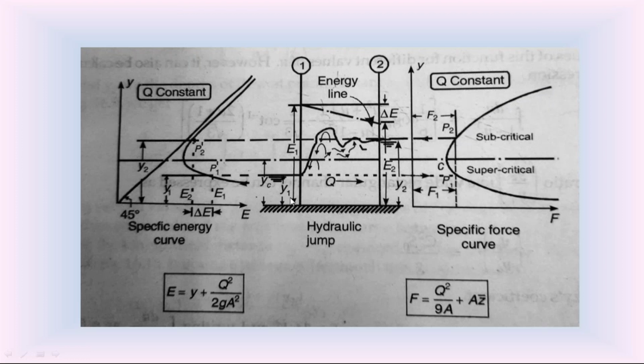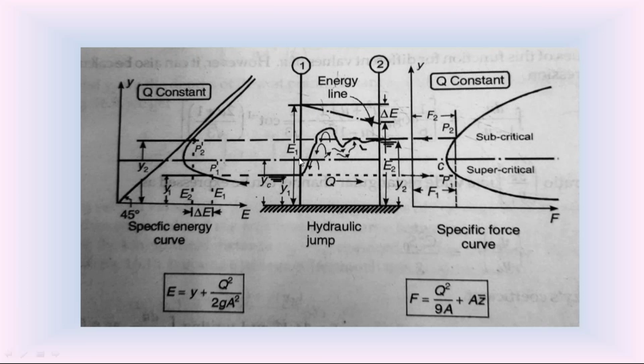At a depth y1 and at a depth y2, we have the same value of the specific force. Y1, y2 are called the conjugate depths. Coming to the specific energy, before the hydraulic jump at a depth y1, the water flow has higher specific energy because of this supercritical condition. After the hydraulic jump at a depth y2, the water flow has less specific energy E2. So in this hydraulic jump, there is a loss in the specific energy of water flow due to turbulence, due to rotational flow.